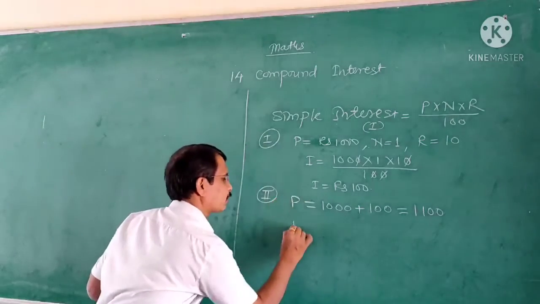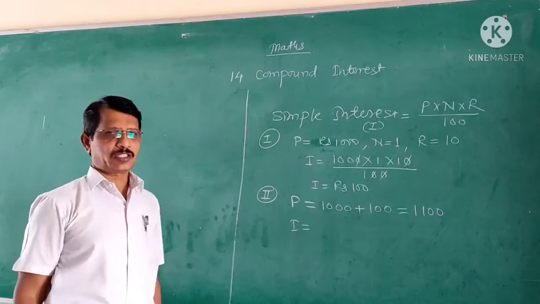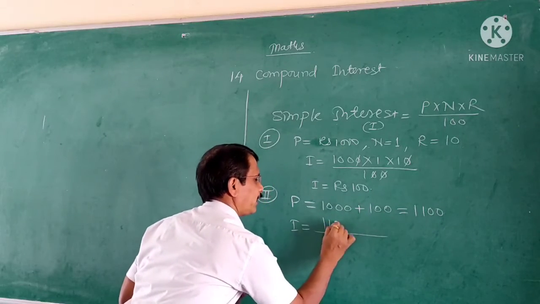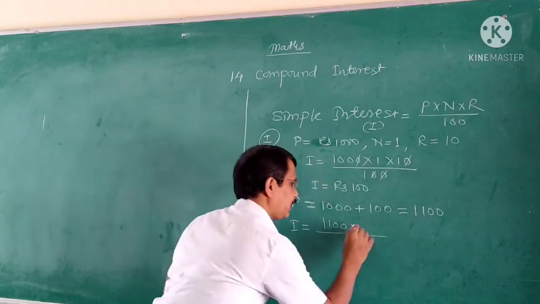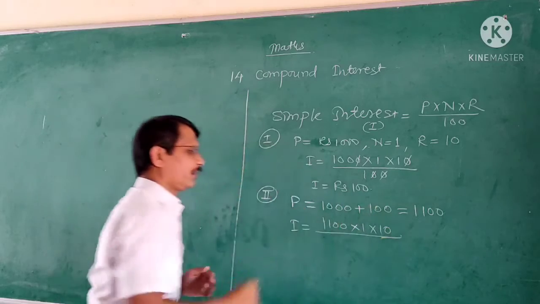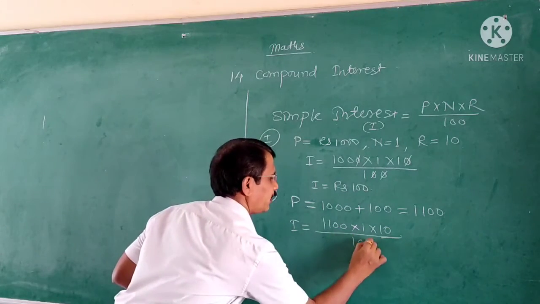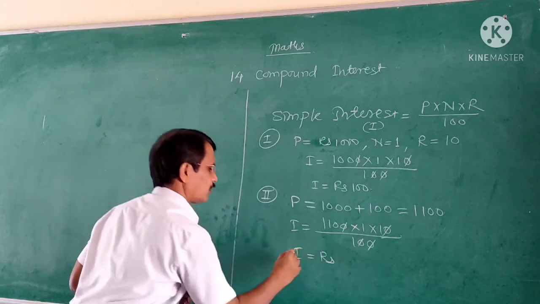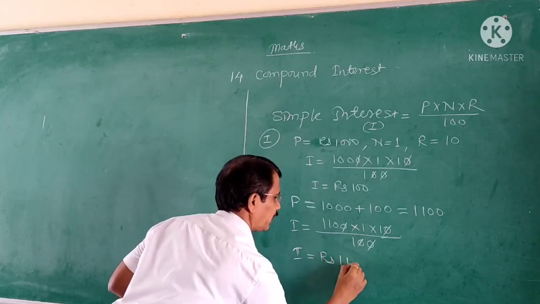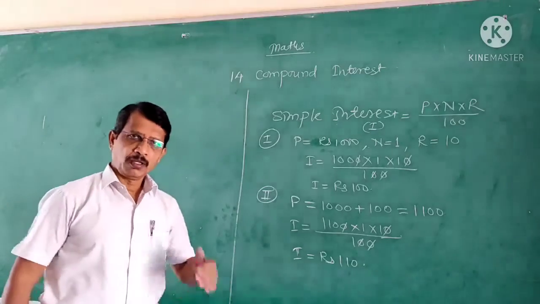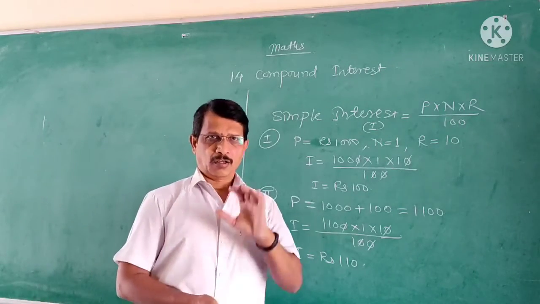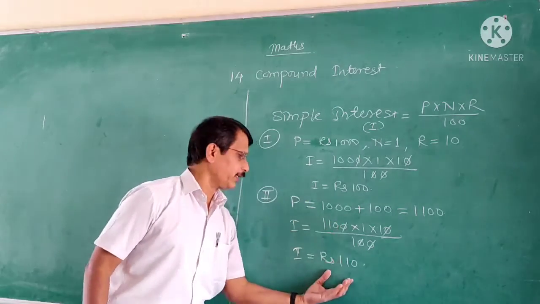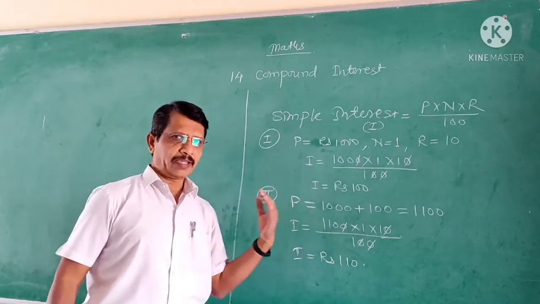So for the second year, the interest is, here the principal becomes 1100 multiplied by 1 year, the rate of interest is the same, divided by 100. 0 cancels. Here rupees 110. Again, if in the second year the borrower fails to repay this principal and interest, then the bank considers